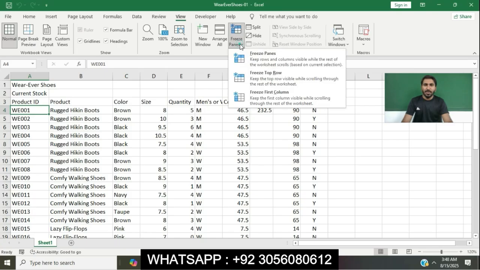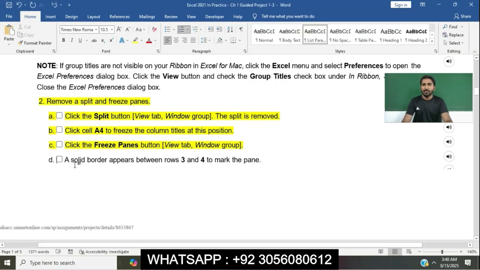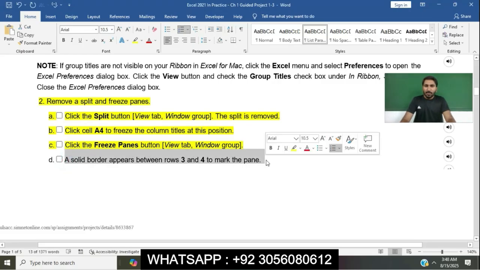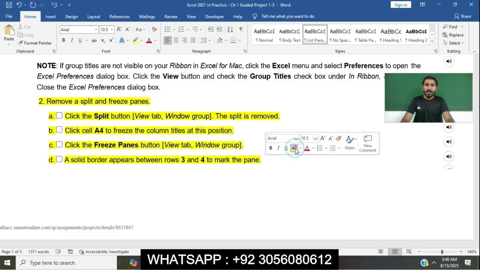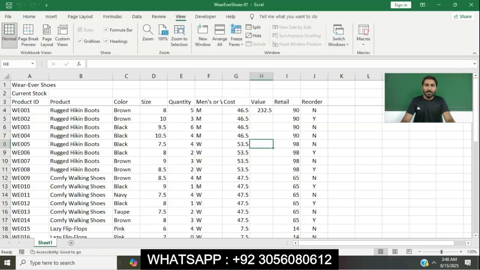Go to the View tab, in the Window group, click on the Freeze Panes button, click on Freeze Top Row. Point D: a solid border appears between row 3 and 4 to mark the pane.